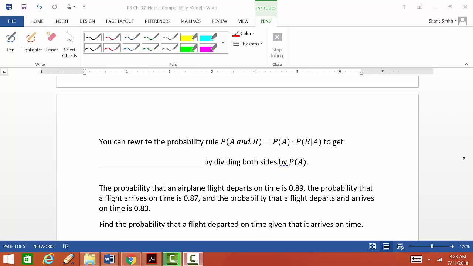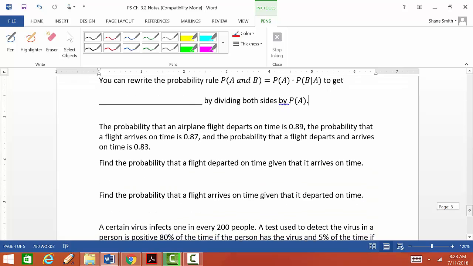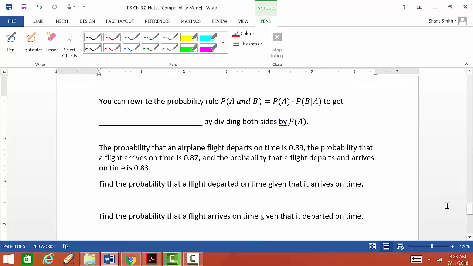So this is going back to the 3.2 notes. If you recall, we didn't do that last page of the 3.2 notes, and that's because I like to do the addition rule before I go over this. The book has this first, but I find that learning the addition rule is a little bit helpful when you discuss this. So basically, we've learned in section 3.2 that the probability of A and B